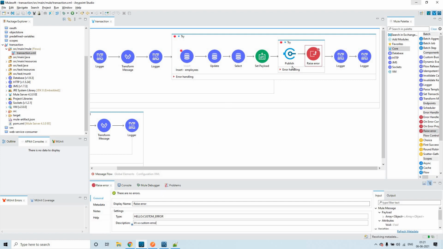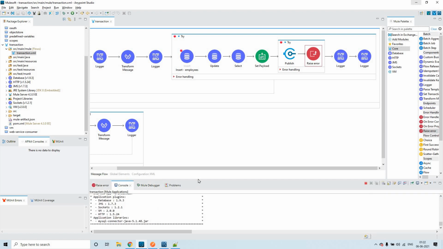Now what will happen? After this publish is done with its publishing, we are raising the error, right? So this will result in an issue. It will roll back, and that will be propagated to the parent transaction as an error.